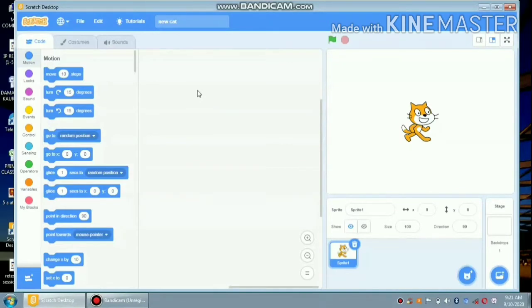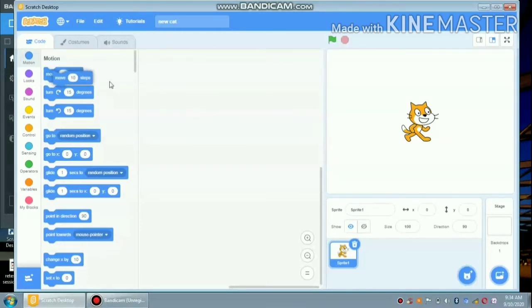For example, there is a director of a movie and he has to make a movie. Before making a movie, obviously he has to make a script. Same as you are a director of your own project. So in this scripting area, you will make a script of your project by dragging these blocks. Simply drag from the block palette and drop into the scripting area. This way you can play with your blocks.